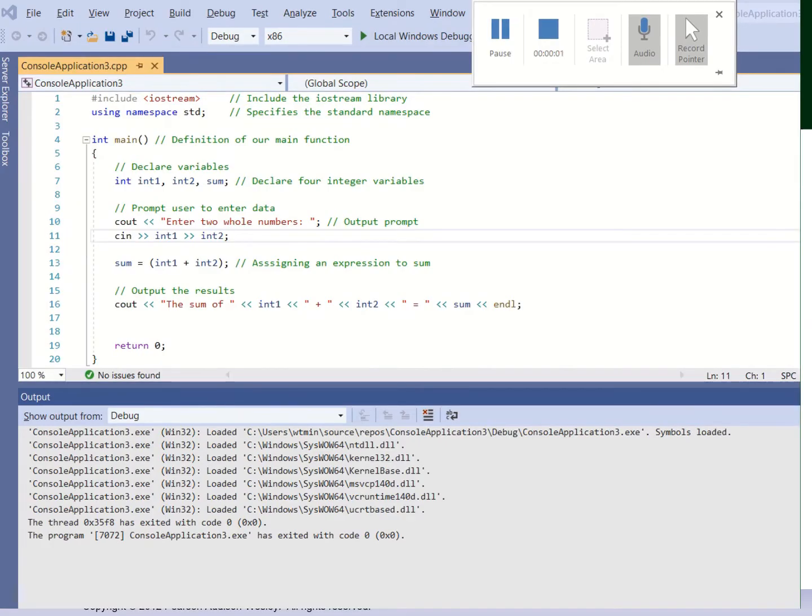We have time for one last demo before we depart this section on declaring and initializing variables. This is a simpler version of the code we looked at a few slides back. I've got a section here where I'm declaring a couple variables. I'm declaring three integers, int1, int2, and sum. And then I'm going to prompt the user to enter two whole numbers. And then I'm going to initialize